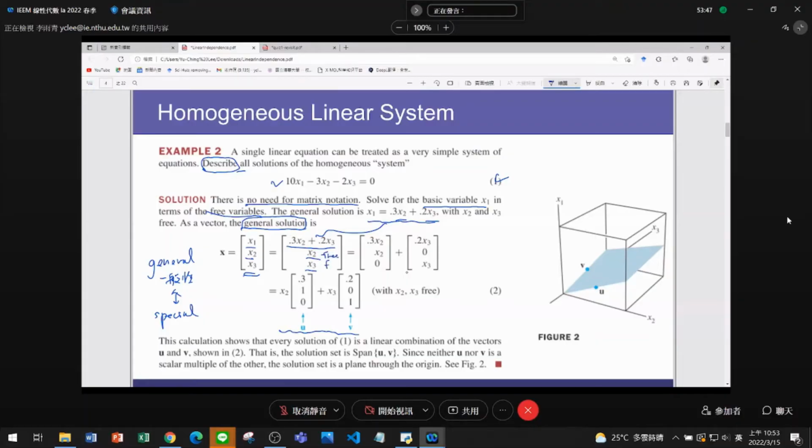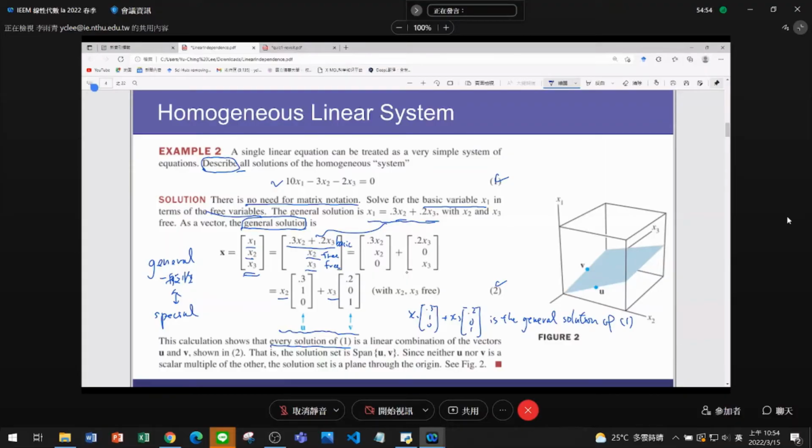OK，那 general solution set 的表达方法，就是先选择其中一个为 basic variable，然后用 free variable 去表示它。free variable 就等于 free variable，x2 等于 x2，x3 等于 x3。这两个是 free variable，这个是 basic variable。然后写成两个 vector 相加之后，我们可以再进一步把 x2 跟 x3 提到 numerical vector 的外面。最后我们可以这样描述：this calculation shows that all solutions of the single linear equation is a linear combination of the vectors u and v。就是 x2 乘上 0.3, 1, 0，加上 x3 乘上 0.2, 0, 1，这个 linear combination 就是所谓的 general solution of equation 1。